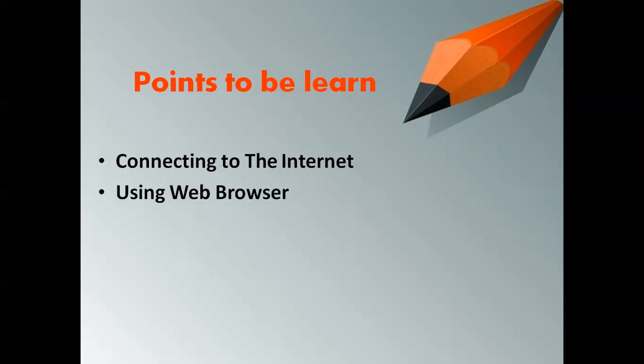Then using a web browser, this is a practical that I'll show you. Already you all the students know very well how to use the browsers, but still, lesson-wise, we will learn how to use a web browser. Then using search engines, different search engines are available, and how to utilize them in a powerful and proper way.